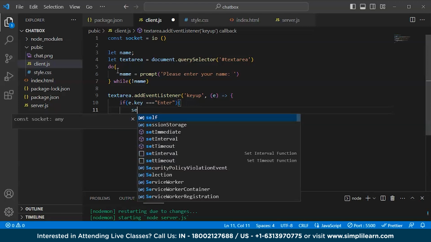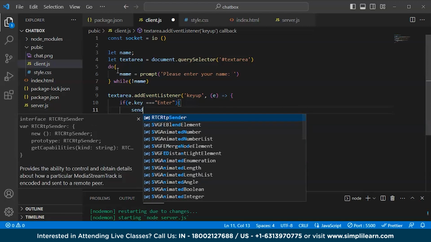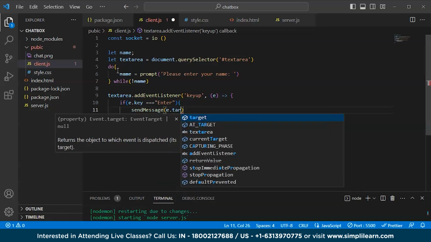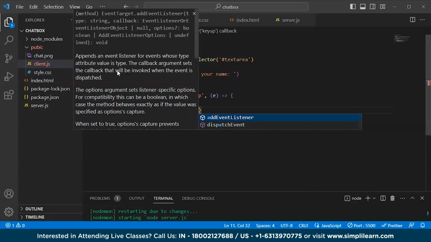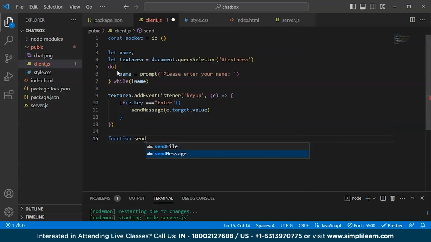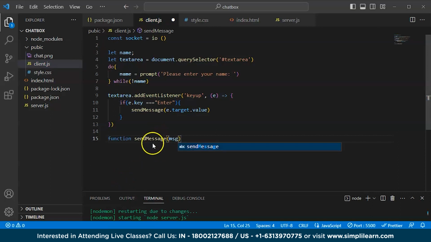so we'll send a send message, inside that e.target.value, right? Now we'll create a function. Inside this we'll see how to send the message. The logic will be inside this function. Okay,